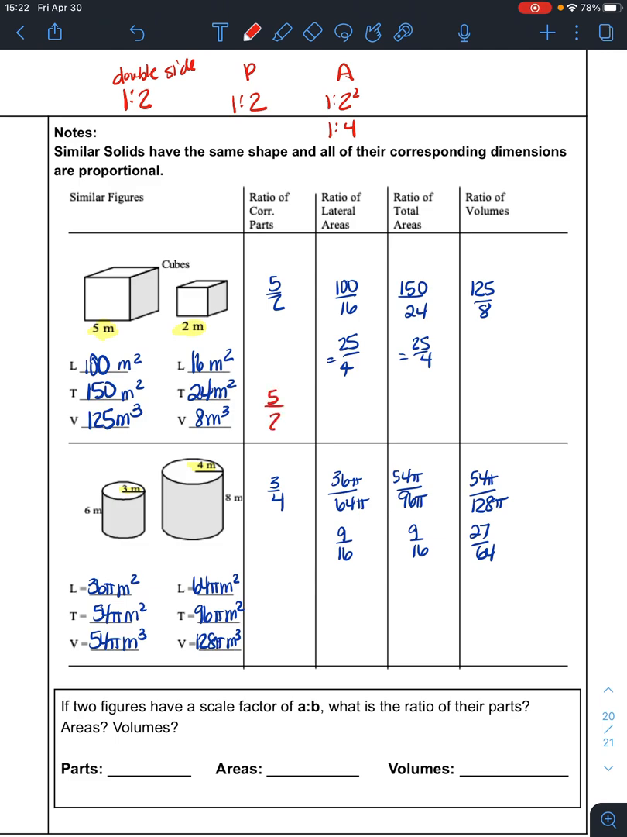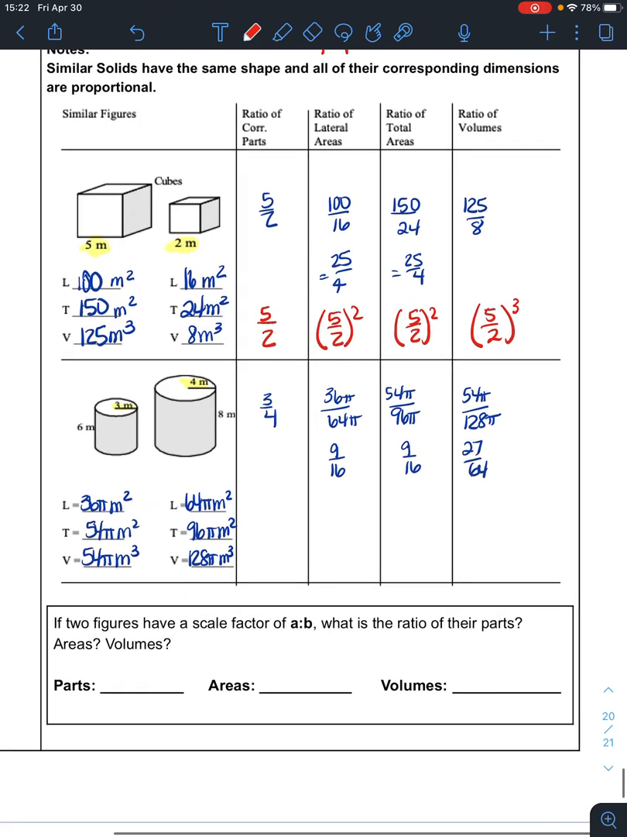Notice that when my sides are in a ratio of 5 to 2, let's look at how our sides can create our area ratio. So it's 5 to 2 squared, or 5 squared over 2 squared. And this one was also 5 squared over 2 squared. And then our volumes are 5 over 2 cubed. We look at the cylinders, they do the same thing. We had our sides ratio of 3 to 4. Our sides ratio squared gave us our area ratios. It doesn't matter whether it's lateral or surface. And then sides ratio cubed gave us our volume ratios,